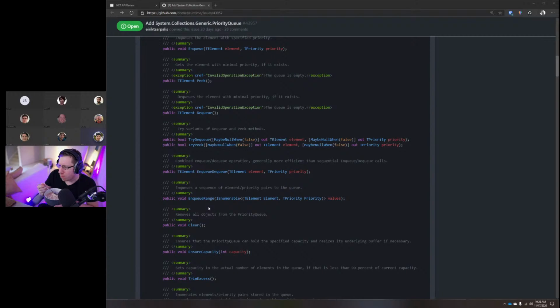in the argument. This is generally more efficient than doing the two operations separately, sequentially, because it needs to sift through the heap only once, and you also get a slight benefit if what you're trying to enqueue is actually smaller than the minimal element. Then it just gives you back the thing that you just passed through the parameters. And this is a generally useful operation, especially for certain algorithms that use priority queues. So I thought it useful to add that one as well.